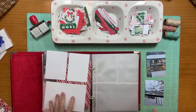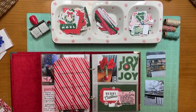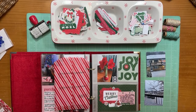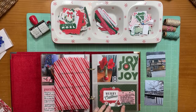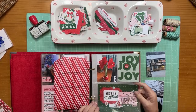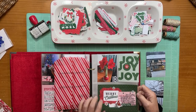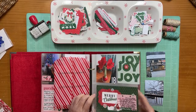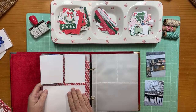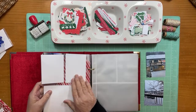Okay, there we go. So here is yesterday's page, the page about my amaryllis and just the little cluster we did down here. And I really like how that ended up turning out, the white 18 that you all helped me decide about. So then the next one is on the back of this, and it is, excuse me,